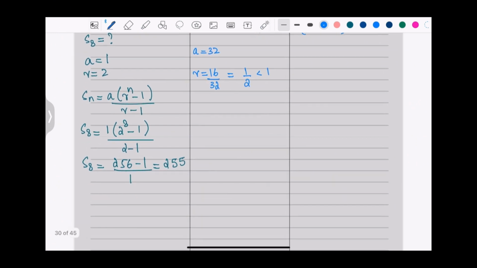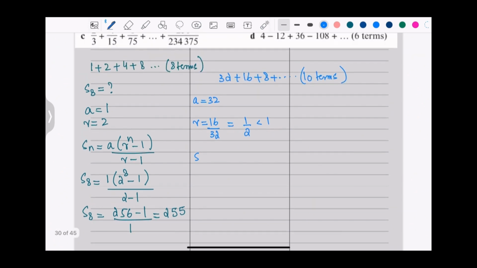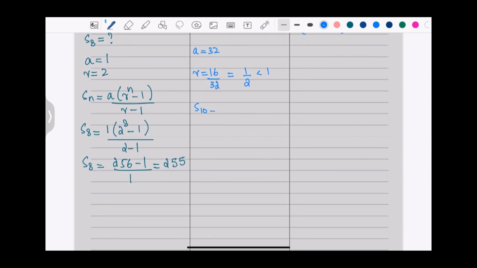So I need to find out S10. And we know that Sn in this scenario is a times 1 minus r to the power of n over 1 minus r. And S10 is going to be, instead of a, I write 32 times 1 minus 1 over 2 to the power of 10